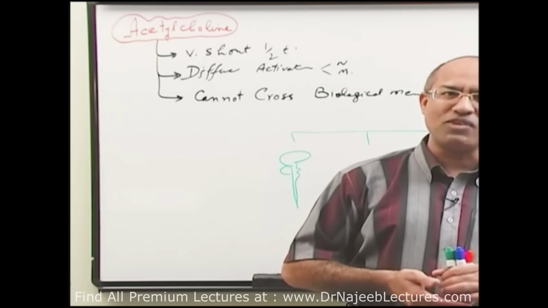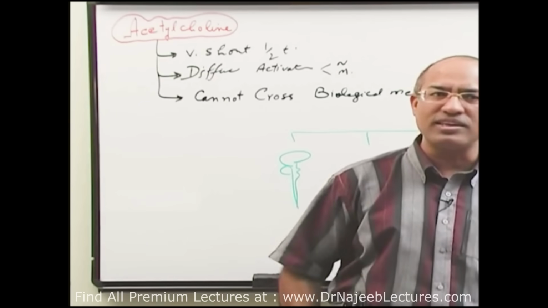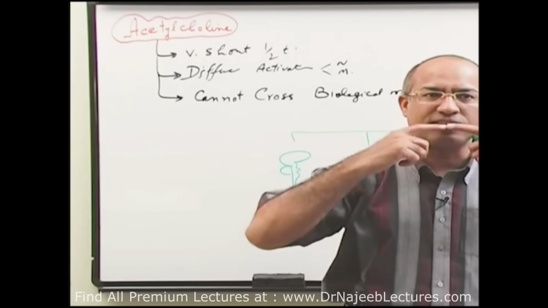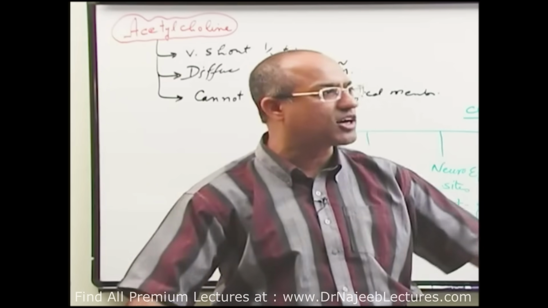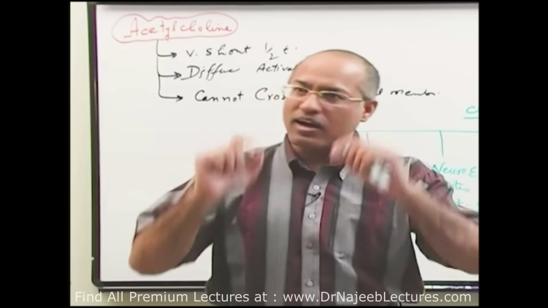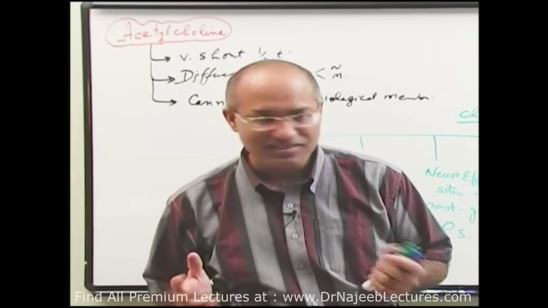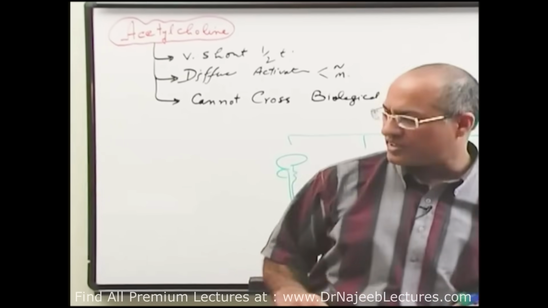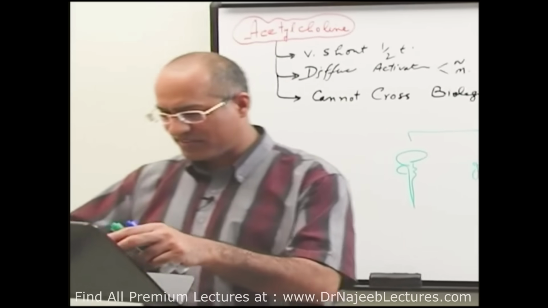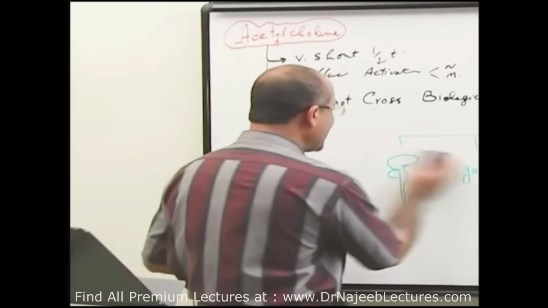So do you think it's a very good action that you give someone a good injection of acetylcholine and he is sweating, lacrimating, salivating, urinating, defecating, and dying of cardiovascular collapse with miotic pupils? Do you think it's something great? So now you understand why acetylcholine is not a great drug. Is that right? Now we go to some of its related compounds.